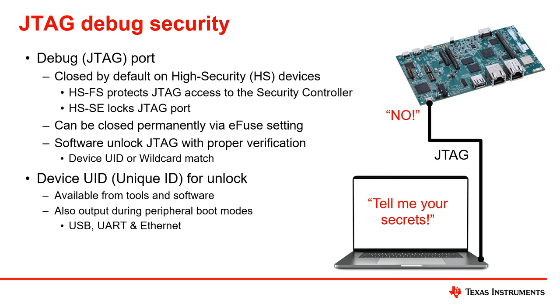So obviously you don't want a bad actor to be able to have that level of visibility into a secure system. So disabling or protecting it as necessary is a very important part of security enablement. And TI devices support this as well. Essentially, when you connect to a secure device, you're going to have to go through a challenge response mechanism to prove that you should have access to the JTAG port, and of course the JTAG port can be permanently disabled as well if that is required.